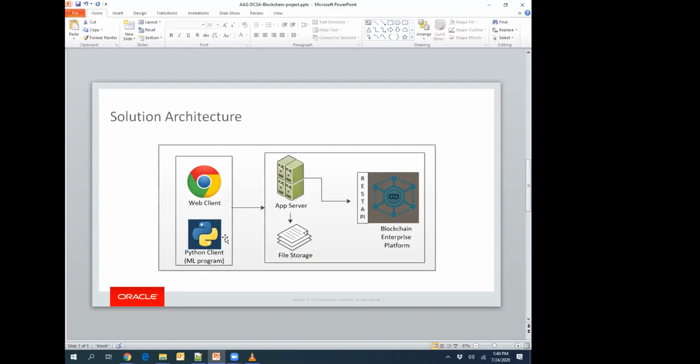And we also have created a Python client. Essentially, the idea there is the data scientist will be able to automatically publish the model to the blockchain as and when they are ready towards the end of their process or validation, so that they don't have to go through the web client. Right. So having said that,